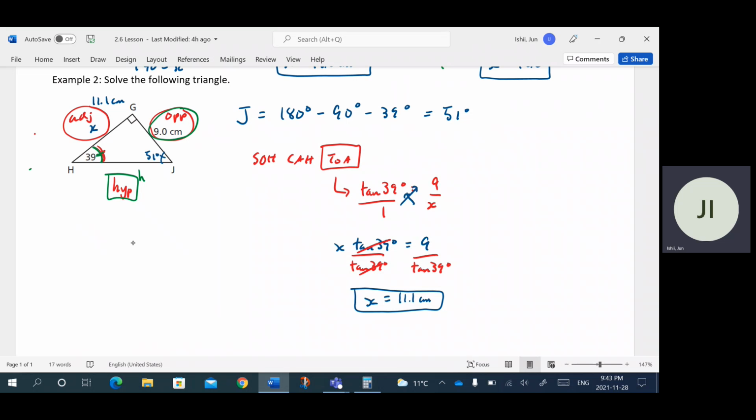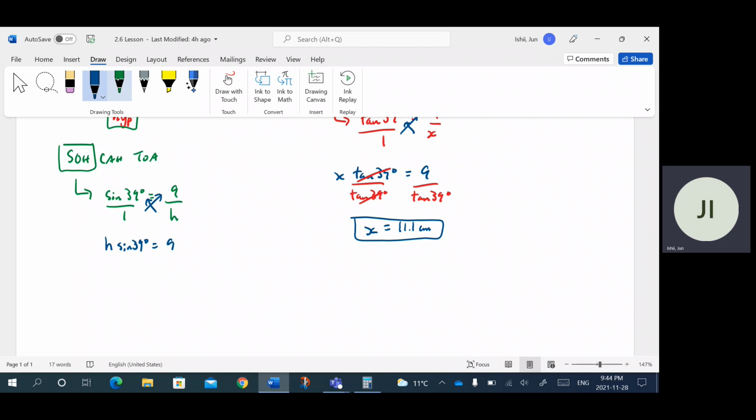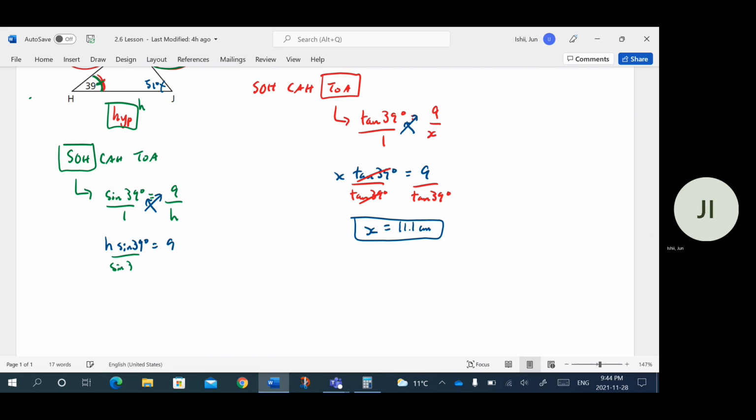If I set this up from SOHCAHTOA, I want the ratio involving the opposite and the hypotenuse, which is the first one here. So sine, the angle we're working with is this one here, 39 degrees, equal to opposite, which is 9, over the hypotenuse h. Again, I'm going to set up the cross multiplication. So h times the sine of 39 degrees equals 1 times 9. And to solve for h, divide both sides by sine 39. These cancel. h is going to equal